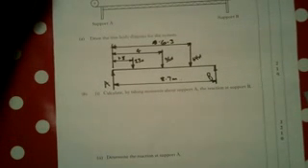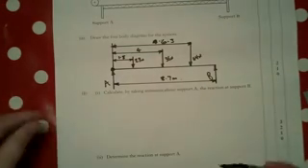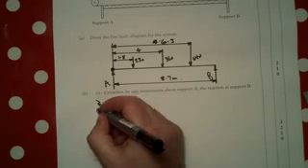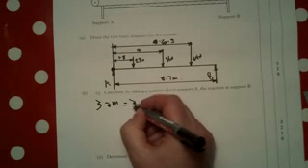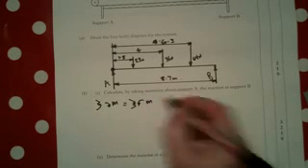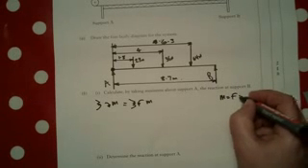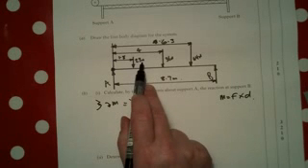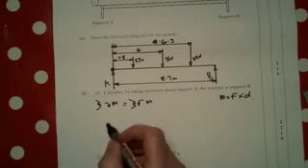It says calculate by taking the moments about support A. So we're going to put a pivot point there and move the conveyor belt. First thing we can say is the sum of the clockwise moments is equal to the sum of the anti-clockwise moments. We can also say that the moment is equal to the force times the distance. So let's see what we've got. Well, the 23 Newton force is a clockwise force, sends the beam in a clockwise direction around A. So we've got